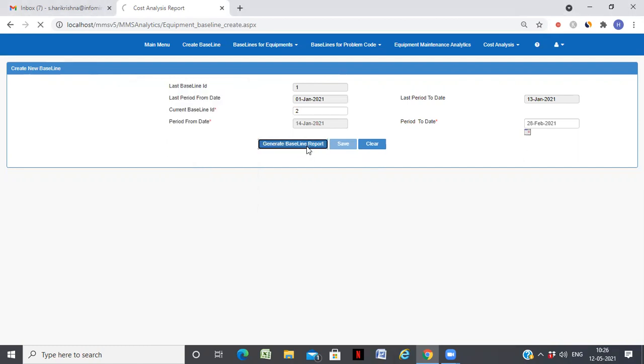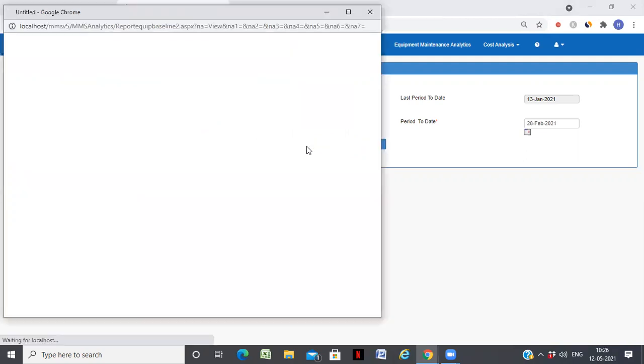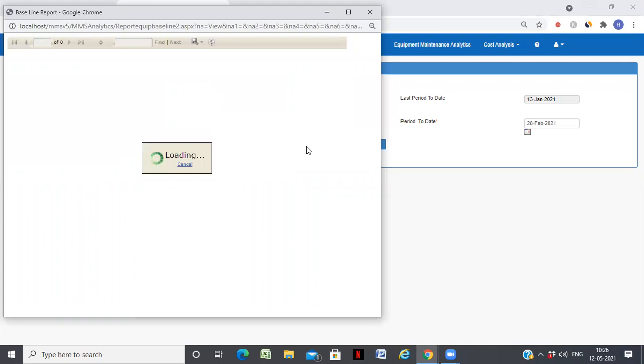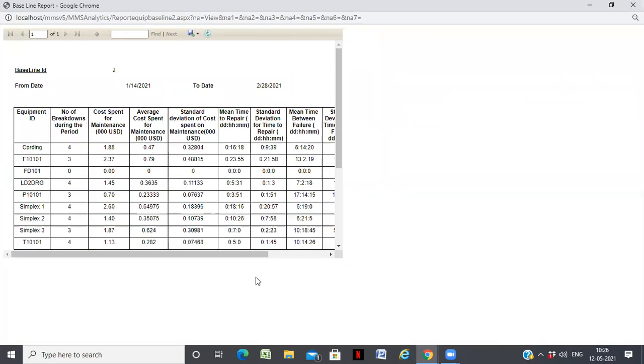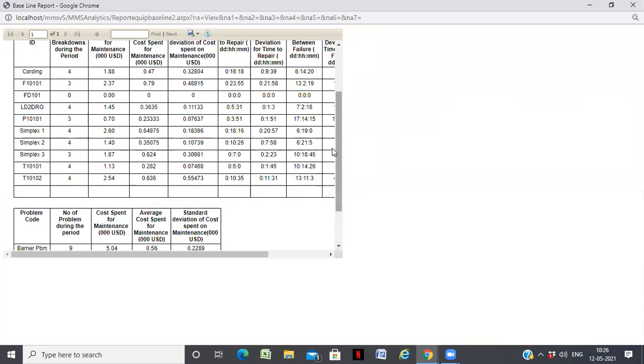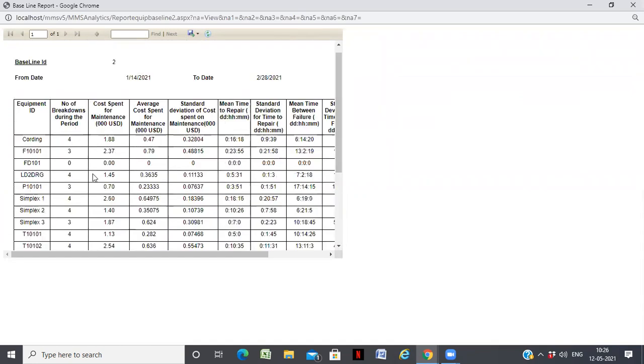Once I click the baseline report, it will analyze all the work orders which have been issued in that particular period and which have been closed. And it calculates a whole lot of parameters for each of the equipment. So we'll see what all it calculates. If you can see this report, it gives comprehensive data at the click of a button. For each of the equipment, for this period, what is the number of breakdowns which has happened in this period, right? And then you also have the cost spent on maintenance,